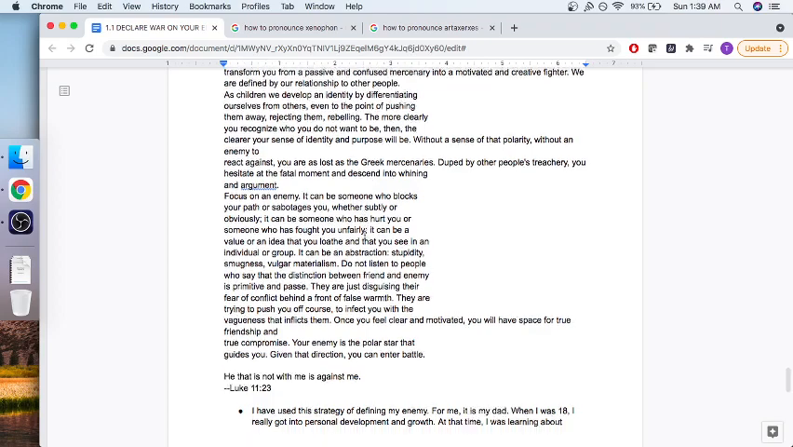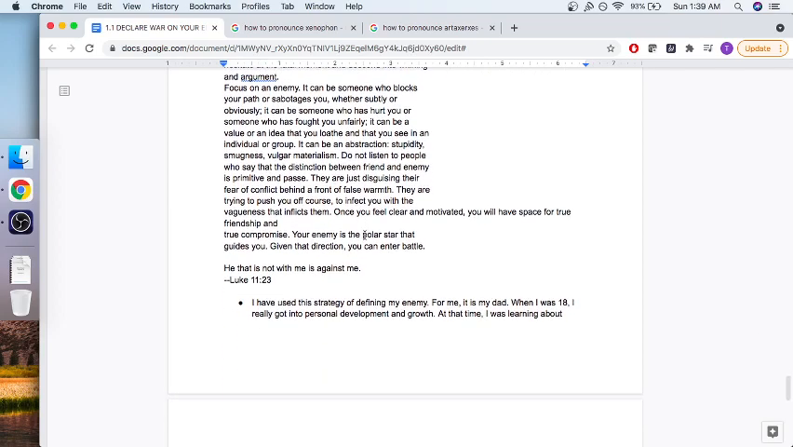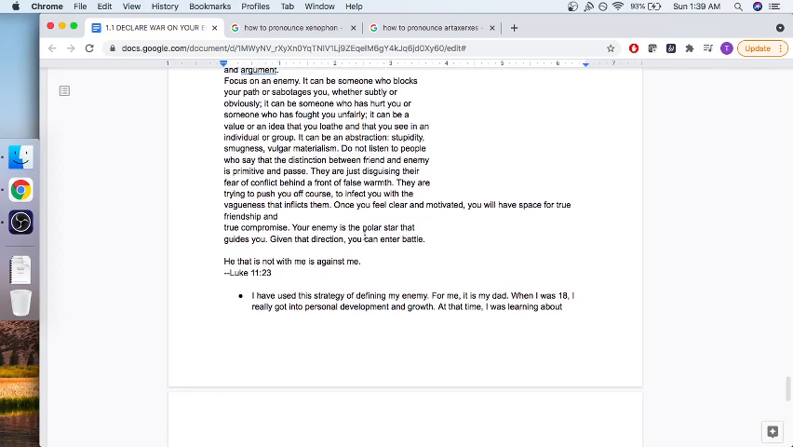Focus on an enemy. It can be someone who blocks your path or sabotages you, whether subtly or obviously. It can be someone who has hurt you or someone who has fought you unfairly. It can be a value or an idea that you loathe, and that you see in an individual or group. It can be an abstraction, stupidity, smugness,